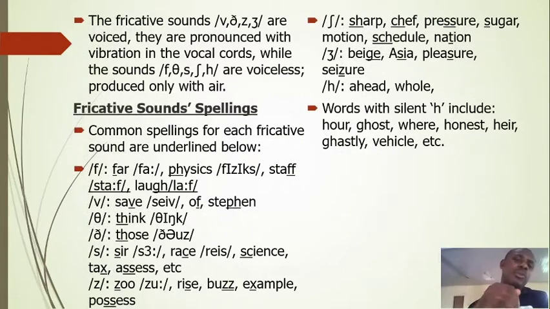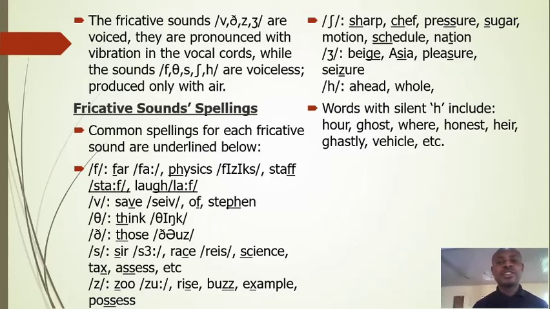Now, let's look at them one after the other critically. The fricative sounds are divided into 2 subclasses, the voiced and the voiceless. When we say voiced, we mean that they are pronounced with voice added to the air. That is to say, the vocal cords vibrate when you pronounce these sounds. That's why we call them voiced fricatives. Examples are v, d, z, j. Please always watch my mouth when I pronounce the sounds, okay? Now, the next set is the voiceless class, and they are f,